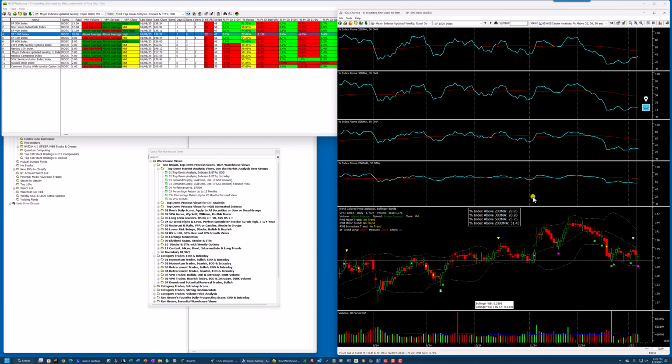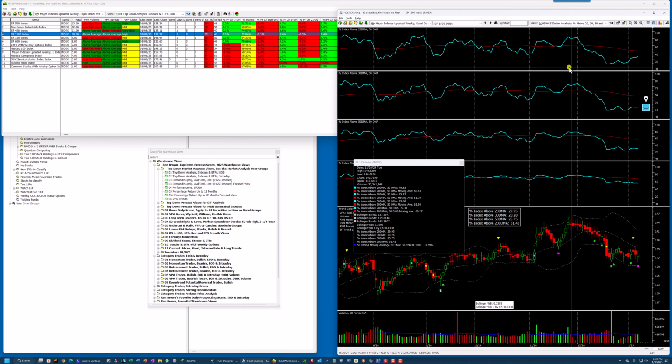And here are the actual numbers right here for the last day. 29.9% were above the 20, 30% above the 30, and so on. And if you want to go back in time, you hit the alternate I key for information, and then just put your crosshair at the point of extreme, and you can see on that day there were, let's see, it was 84.86% of the stocks within the S&P